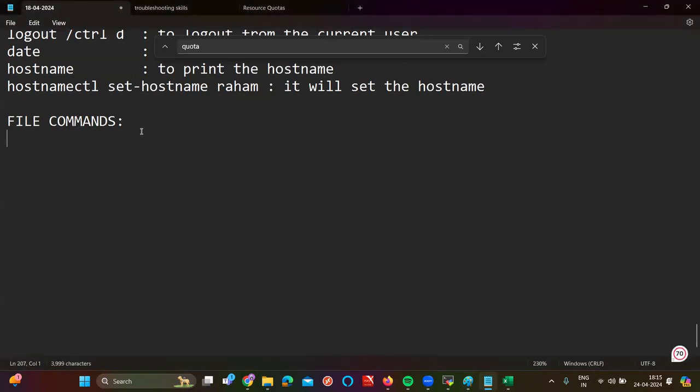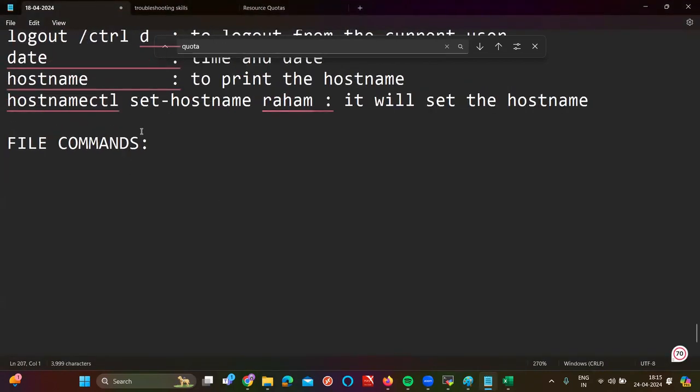So the first thing: sir, what is the command to create a file in Linux? We have multiple ways to create a file. We can use the touch command, the cat command, or the vim command also. But the basic command we can use first is touch. If I use the command touch file1, it is going to create file1. Here file1 is the name of the file, or I can write file name. Remember, the file name can be anything. It is to create a file.